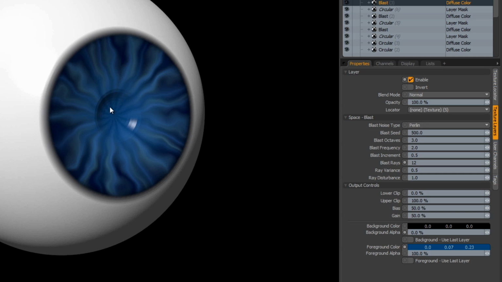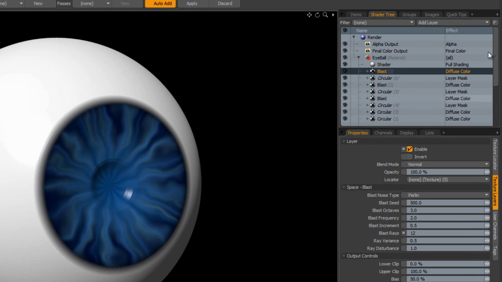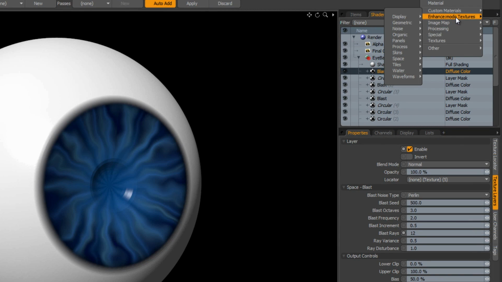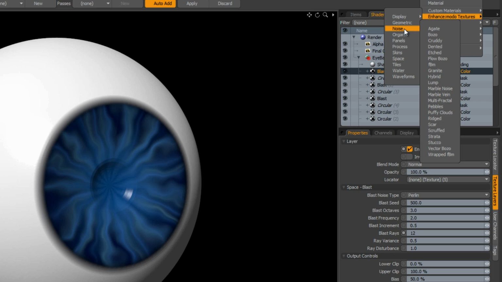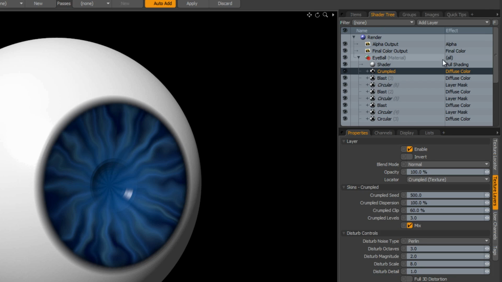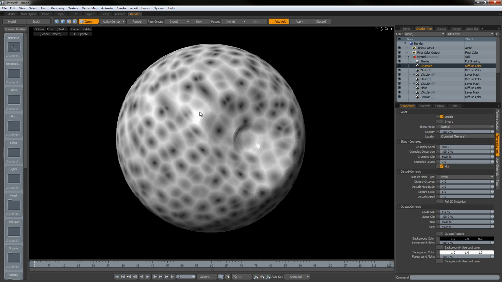But let's go ahead and say that we've got enough of those going on for now, and I want to start introducing some new shapes into here. So I'm going to work with another procedural, and let's take a look. I'm going to come over to my list, and let's try crumpled. Okay, I'm a big fan of this. I use it for water. I invert it for leather. It's a really fun procedural to work with,